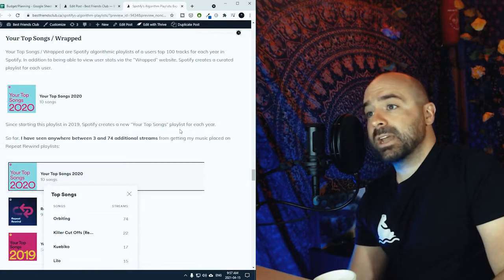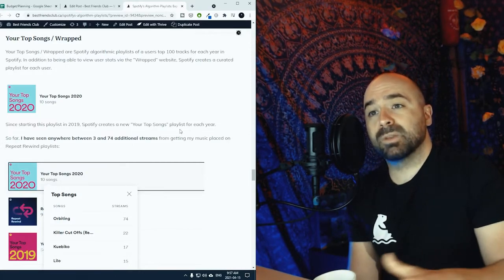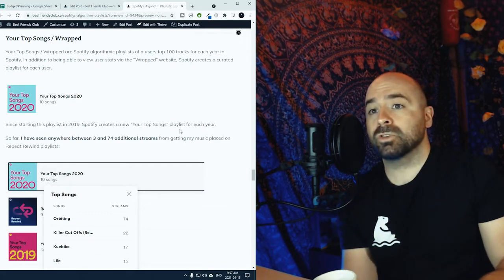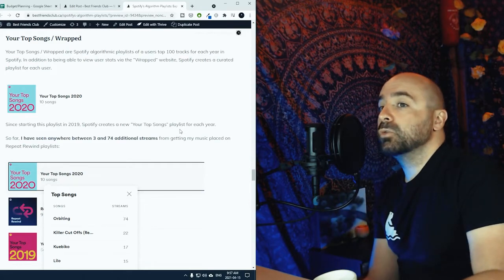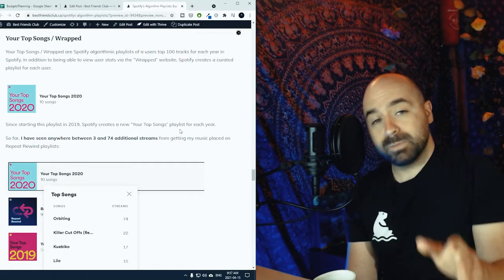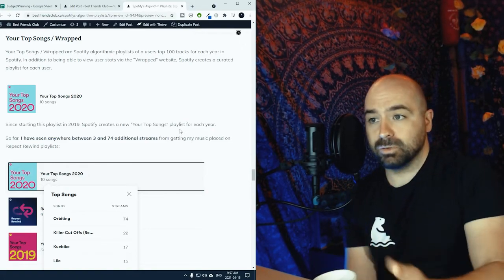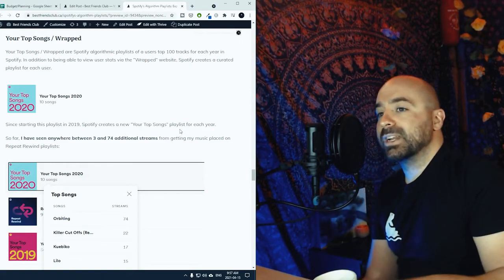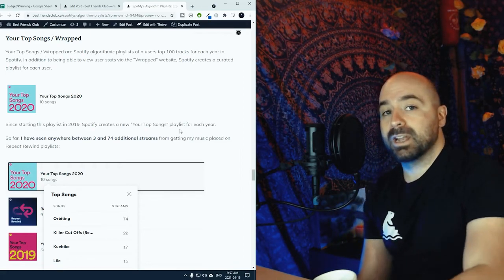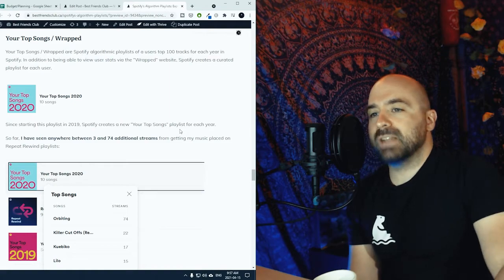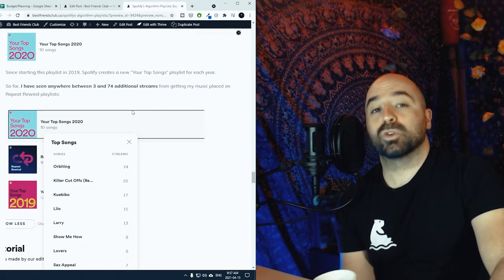And lastly, there is the Your Top Songs or the Wrapped playlist, which are algorithmic playlists of a user's top 100 tracks for each year in Spotify. In addition to being able to view user stats via the Wrapped website that they usually come up with, Spotify creates a curated playlist for each user. So since starting this playlist in 2019, Spotify now creates a new Your Top Songs playlist for each and every year. So far, I've seen anywhere between 3 and 74 additional streams from getting placed on these Your Top Songs